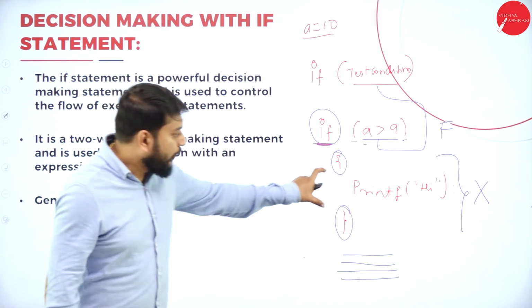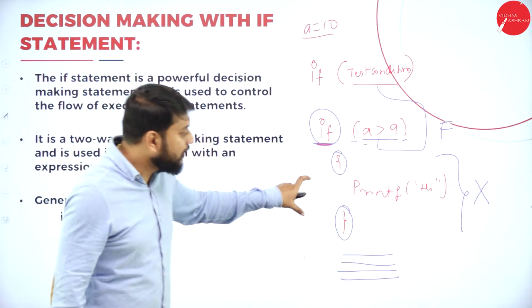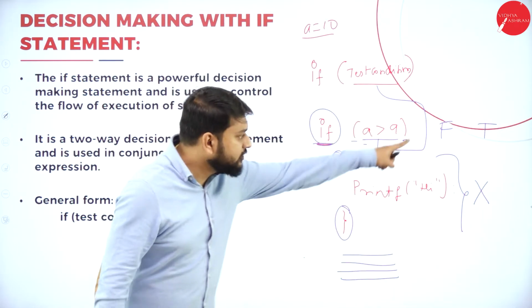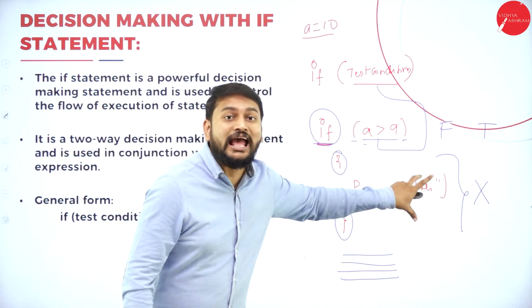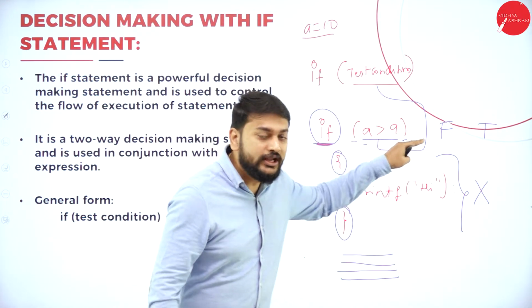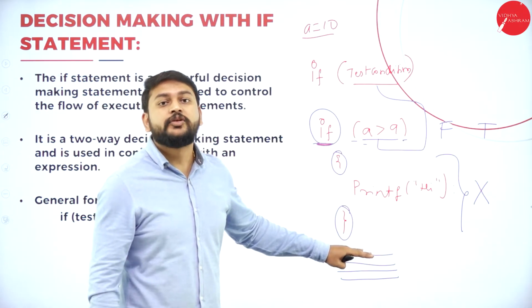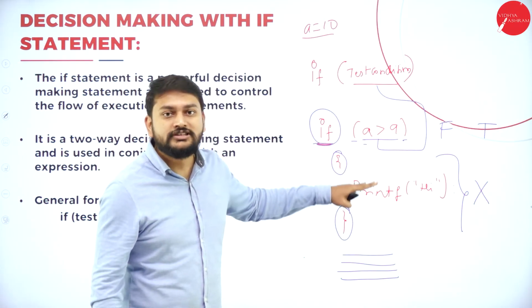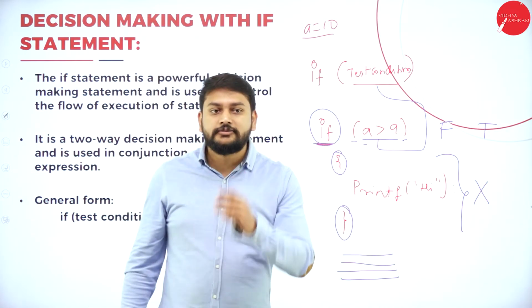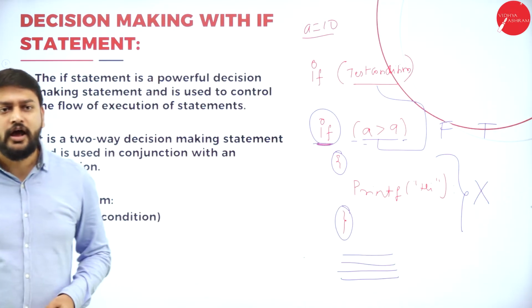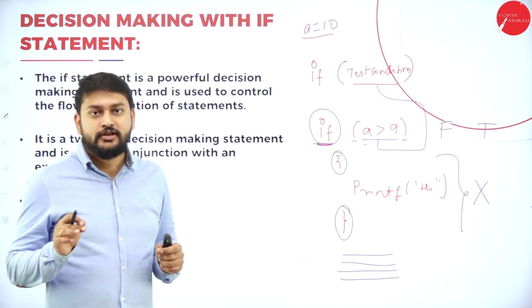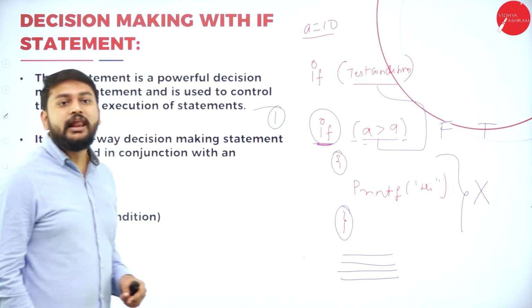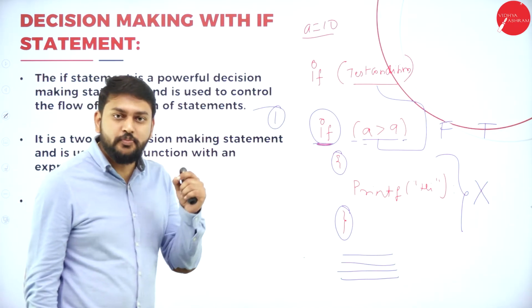You got my point? So when will I execute this? I will execute this part only if the condition is true. If the condition is false, this part will be branched. Branched in the sense, forcefully it will move to the next part of the program. This is what I call branching. I am skipping this part of the statements. That's what you need to remember. All right, this is what I call a simple if. Please make a note of it.